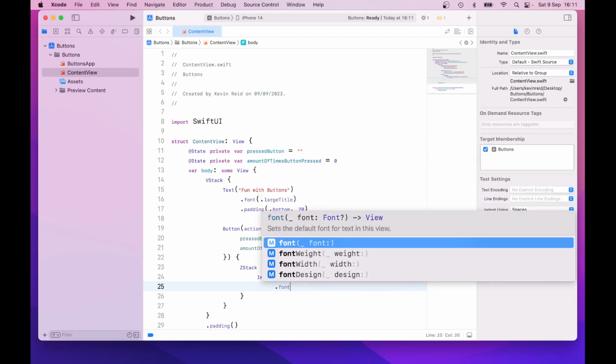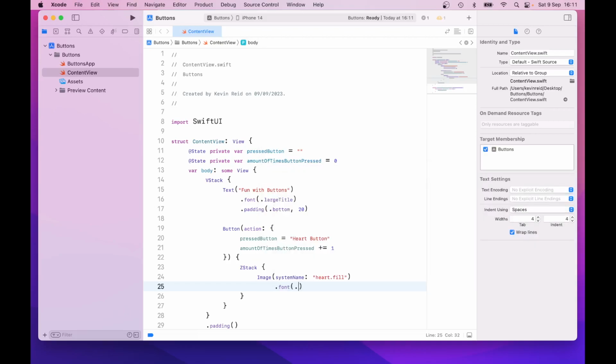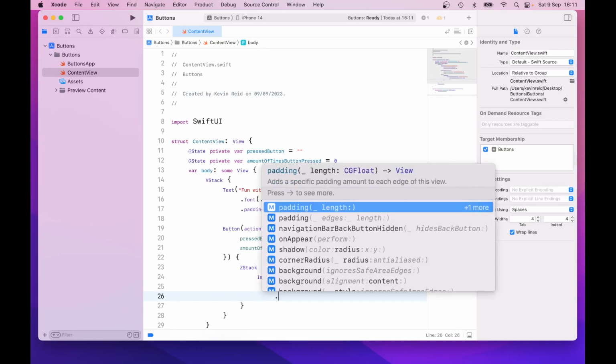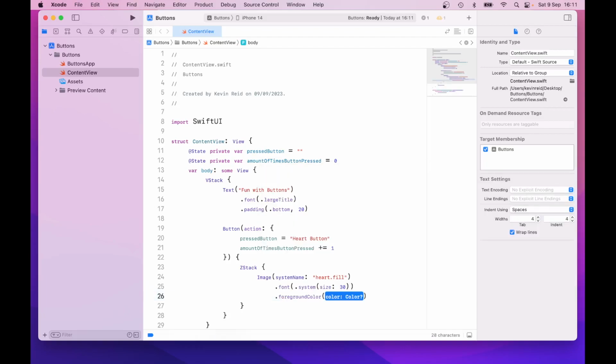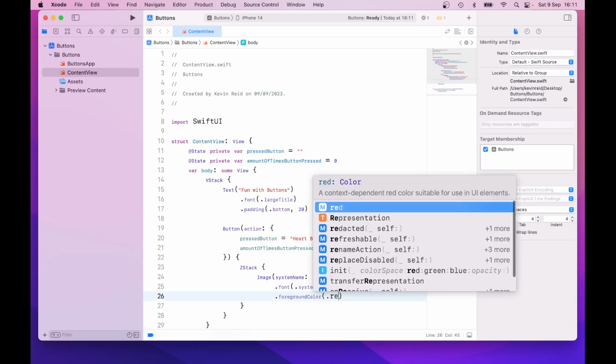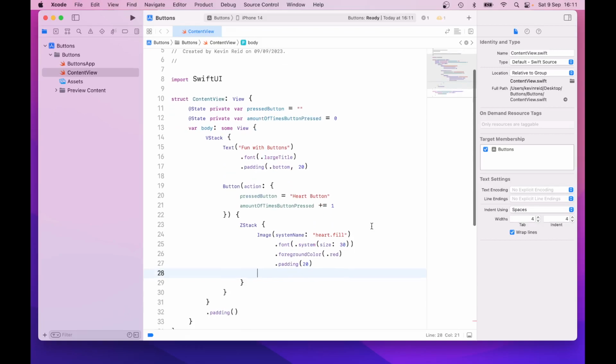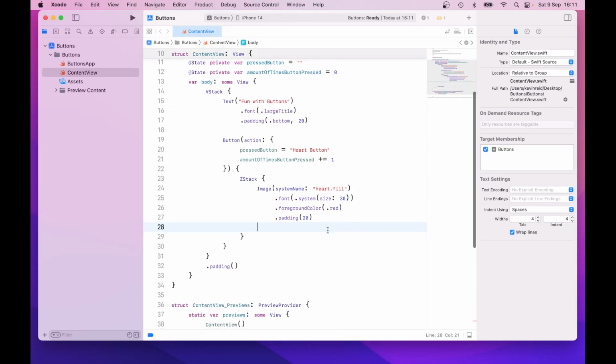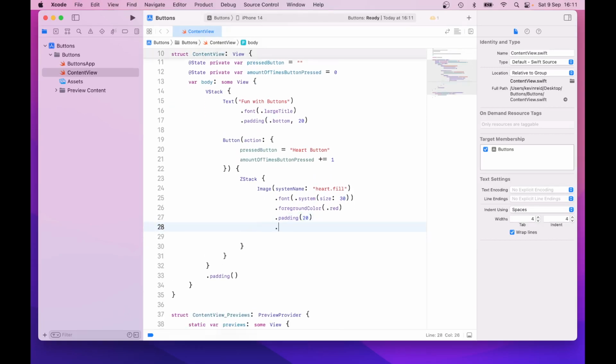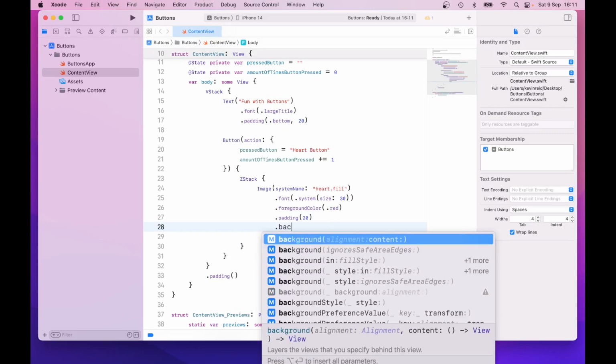.font system size 30, .foregroundColor .red, .padding 20, .background